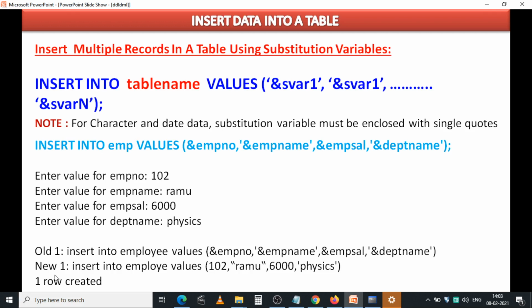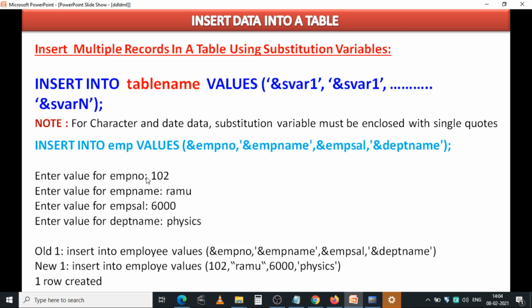Just go through this example: insert into EMP values employee number, employee name, employee sal and department name. Actually, for these substitution variables you can write any name you want for that column. You can also write the column names as substitution variables, no problem at all. As you like, you can write.